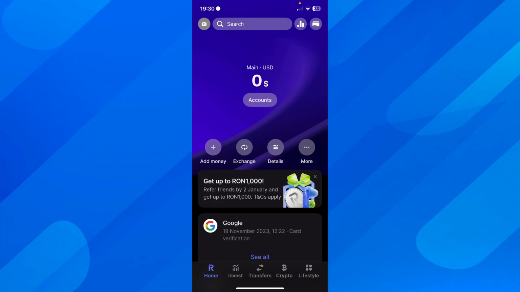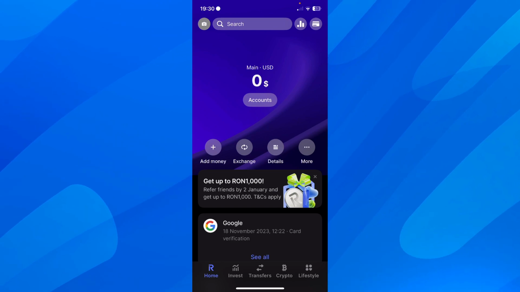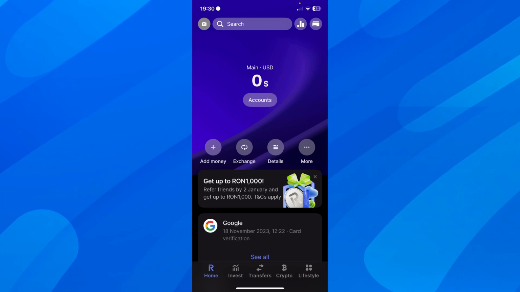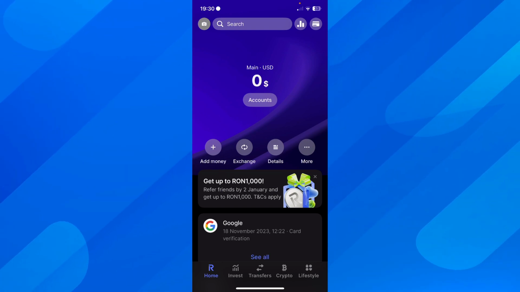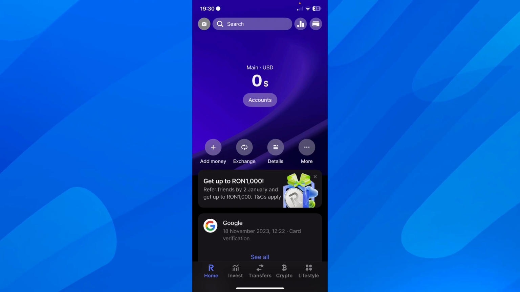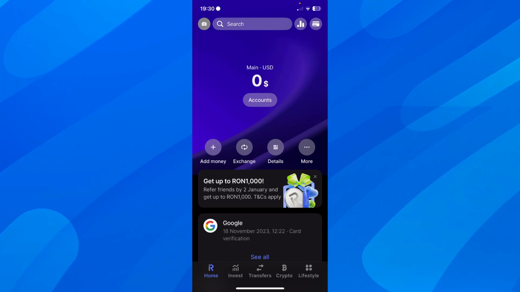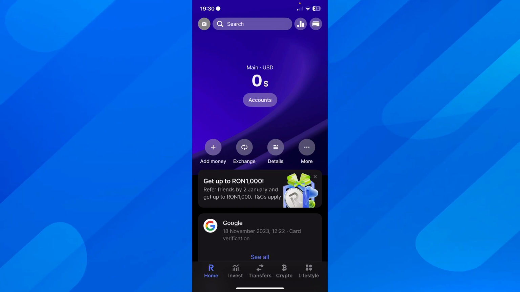Hi everyone, in today's video I'm gonna show you how to find your 16-digit debit card number without the card. Basically, this may differ depending on which bank the card is from, so it's gonna be different for you. But I'm gonna use Revolut for this tutorial, and basically on Revolut you'll have to simply open